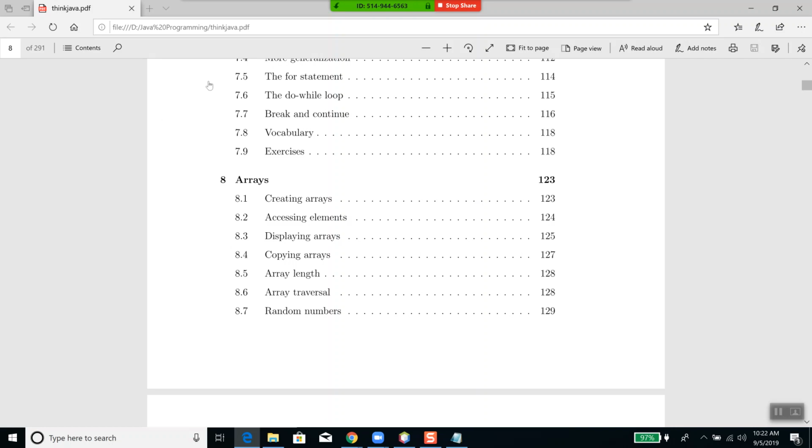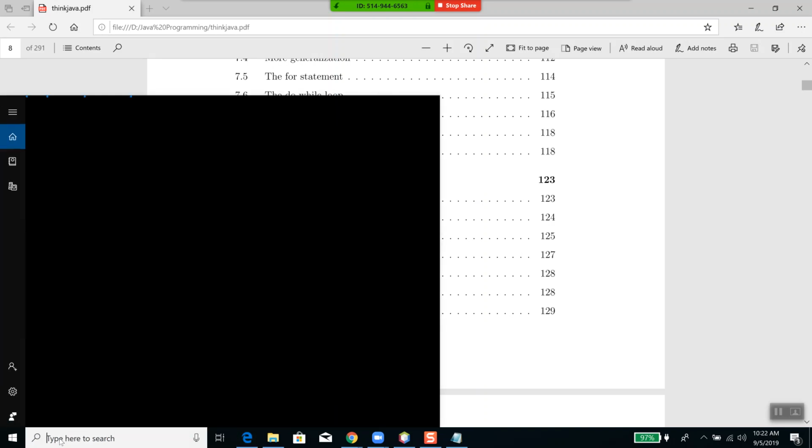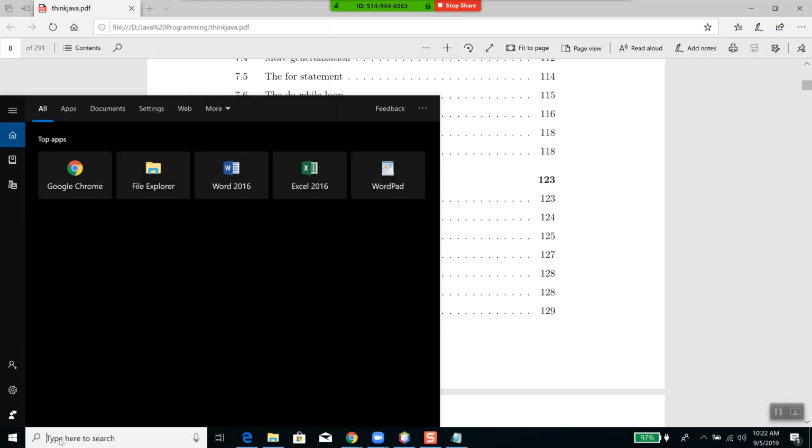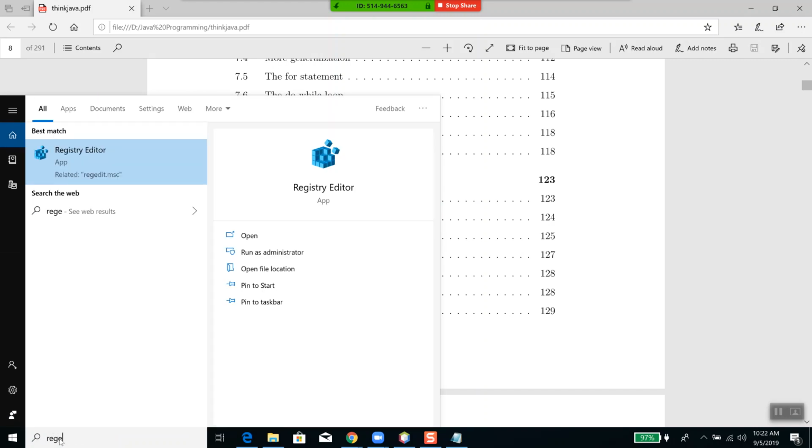Now, I don't want to go into any more in Java, but let me start talking about just computer science in general. Of course, this is Windows 10, and stop me if I've already mentioned this. I try to mention different classes at different points, but they start running together. But there's something called a regedit utility. This is a registry editor,